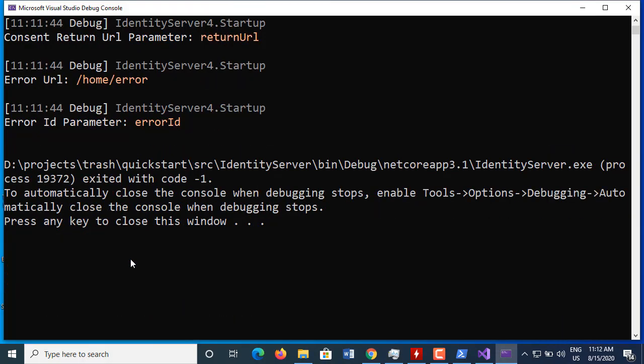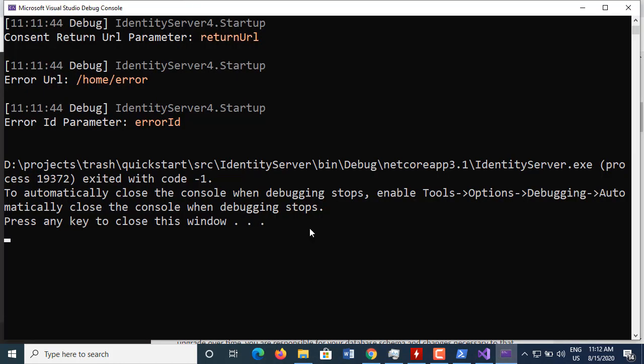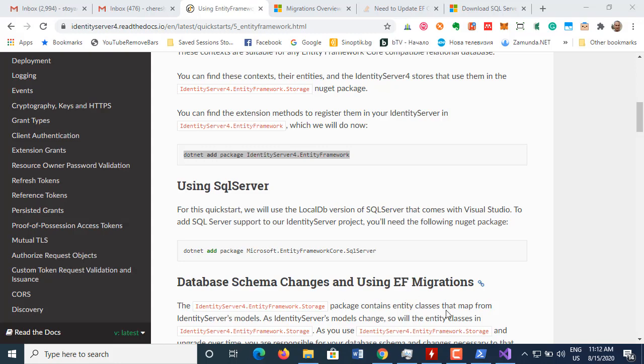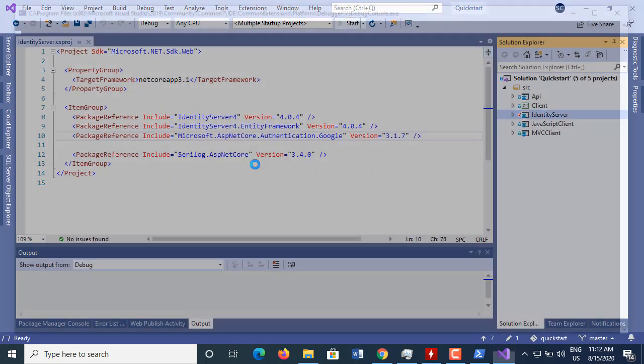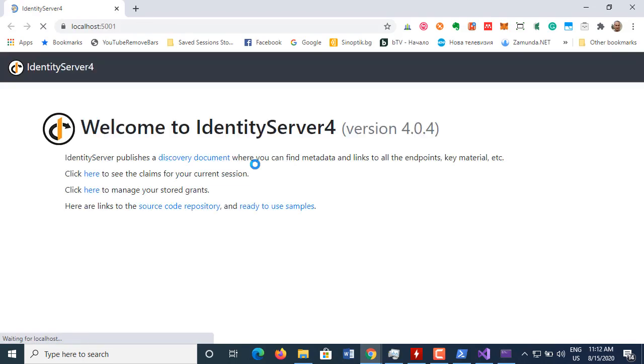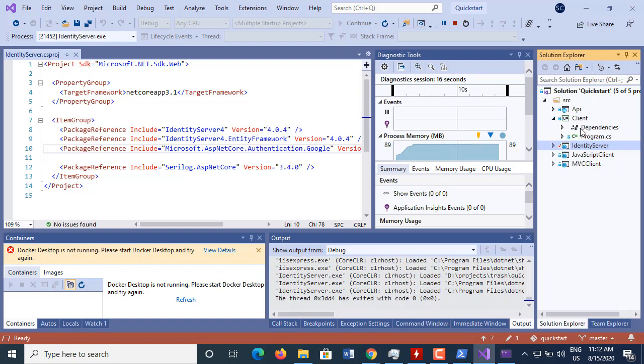What is that? Identity server, bin debug, net. Okay, so where did it go? I don't know. Press any key to close the window. Because I didn't notice what happened, I'm gonna start it again, just in any case. Weather forecast, 5001, and what I can do is actually, no, I cannot start it right now because I was thinking about starting my client, but if you look at